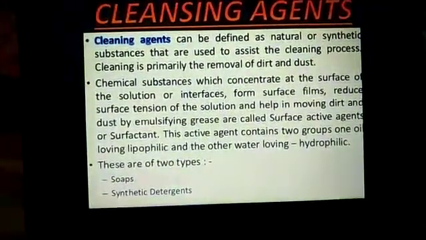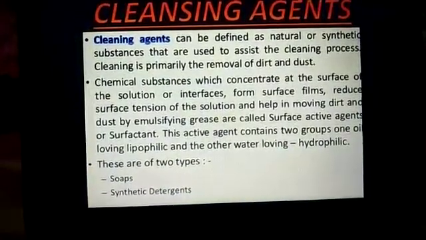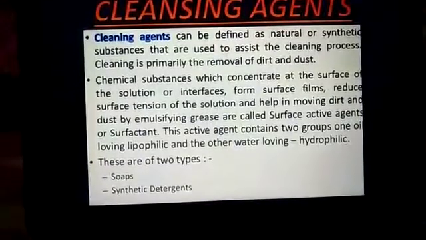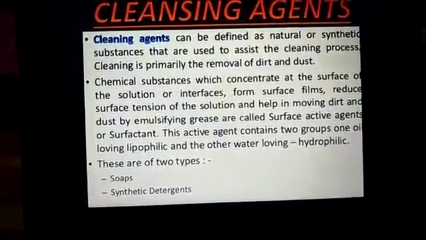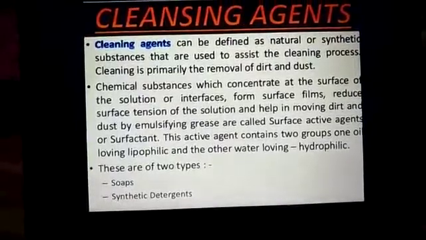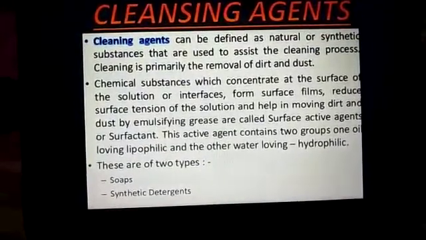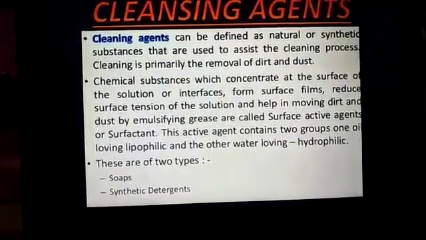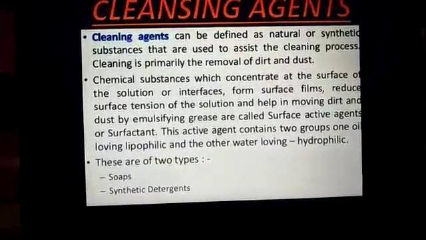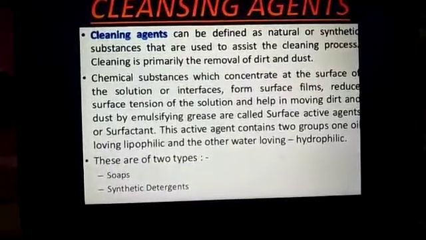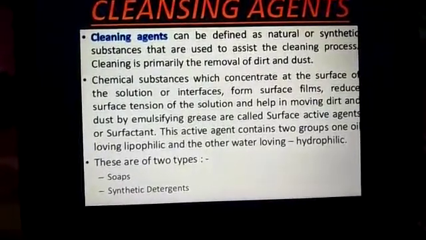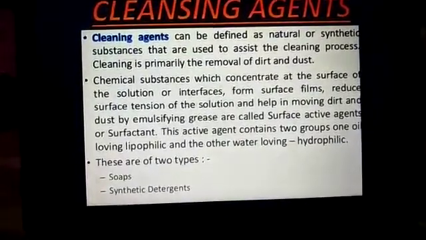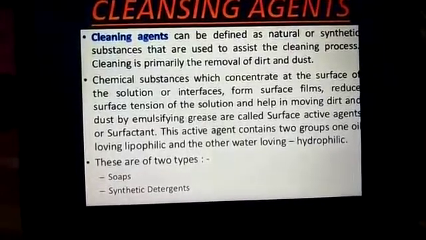Cleansing agents. Cleansing agents can be defined as natural or synthetic substances that are used to assist the cleaning process. Cleaning is primarily the removal of dirt or dust from the clothes. The chemical substances which concentrate at the surface of the solution or interface form surface films, reduce the surface tension of the solution and help in removing the dirt and dust by emulsifying the grease are called the surface